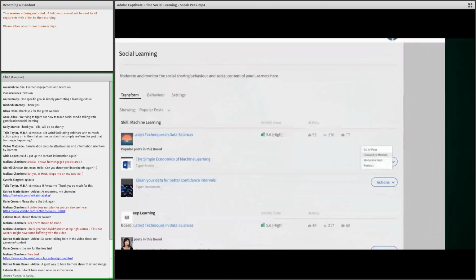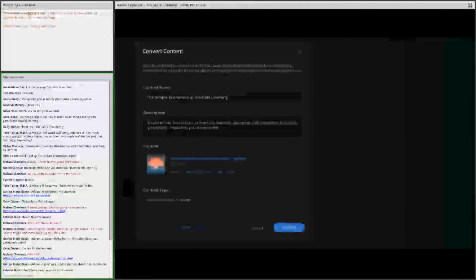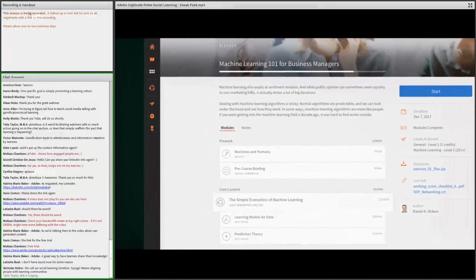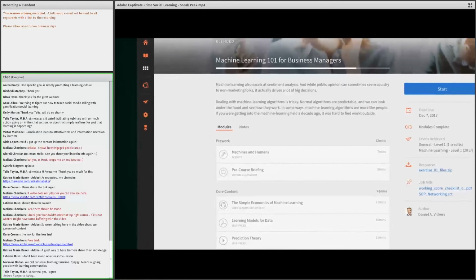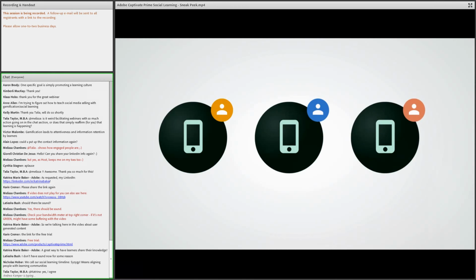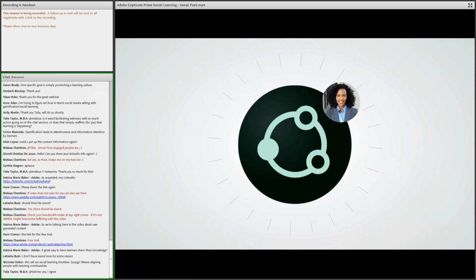She can select any post and convert it into a formal learning module. Nicole selects the post by Brian and converts it into a formal module. Now, other authors at Quest Technologies can embed the article posted by Brian or Karen into a new course that they're creating.